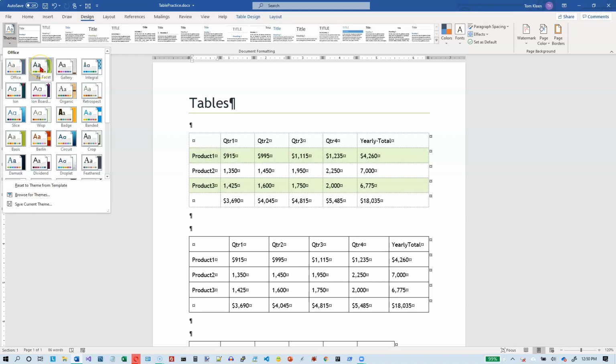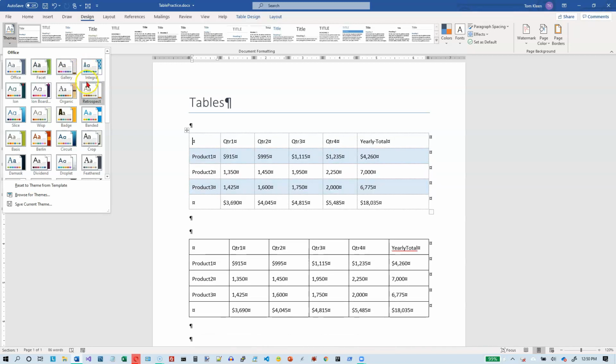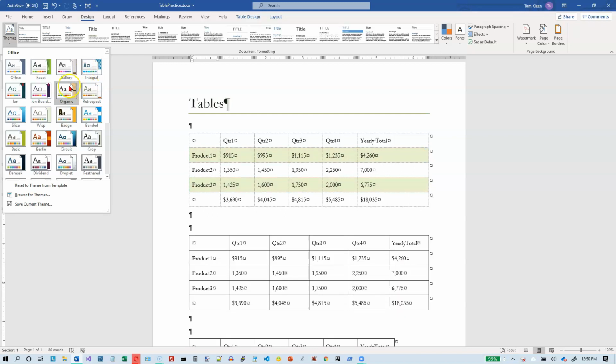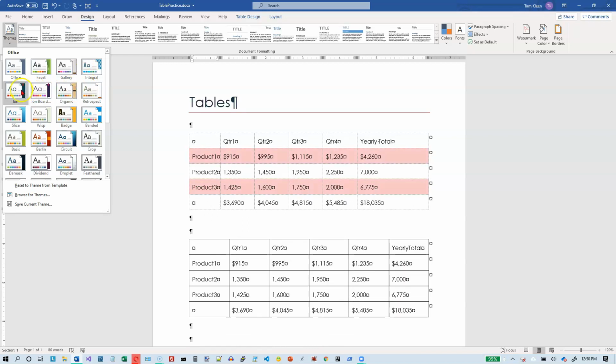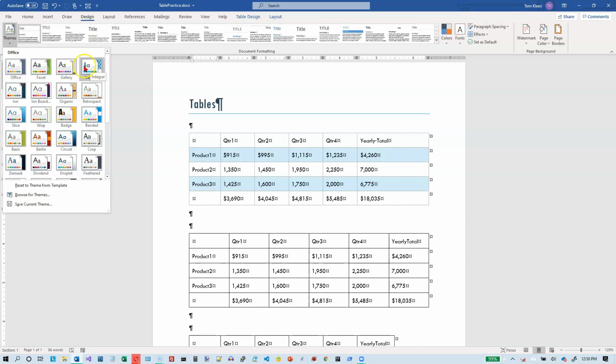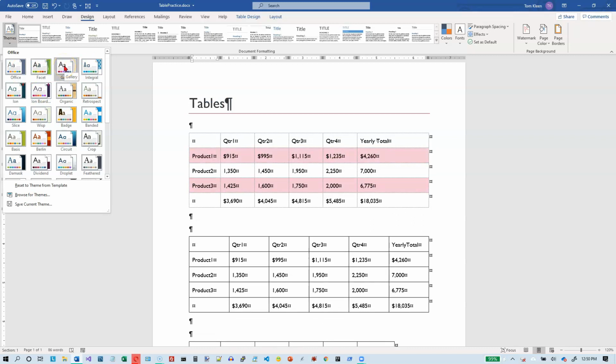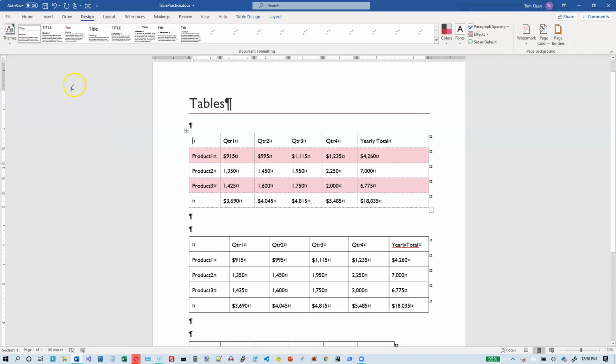I'm going to move it over Facet, and now the blue that I chose is no longer blue. And if I go to Gallery, I get kind of a pink color, and then I get a shade of blue and a shade of orange. And each one of these has its own different shade for those two rows that I set to light blue up here. Okay, so let's choose Gallery here, and let's see if we can figure out where that color came